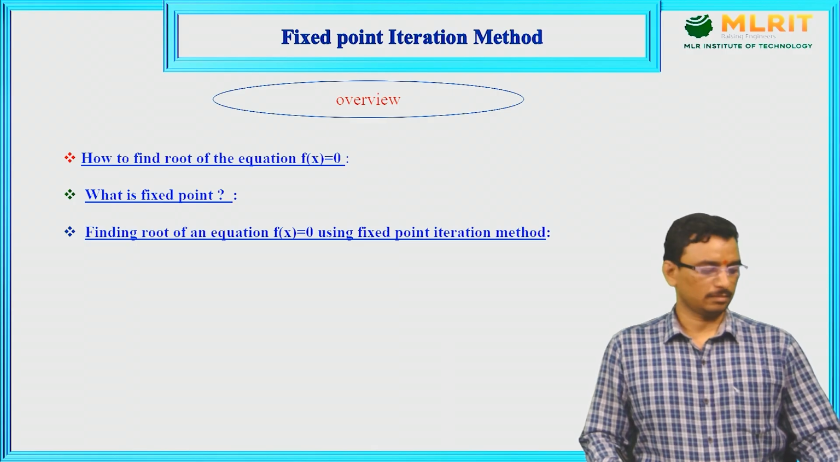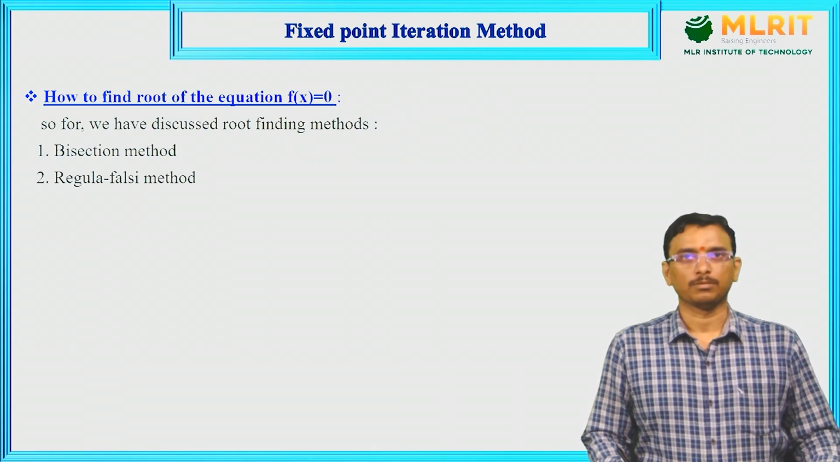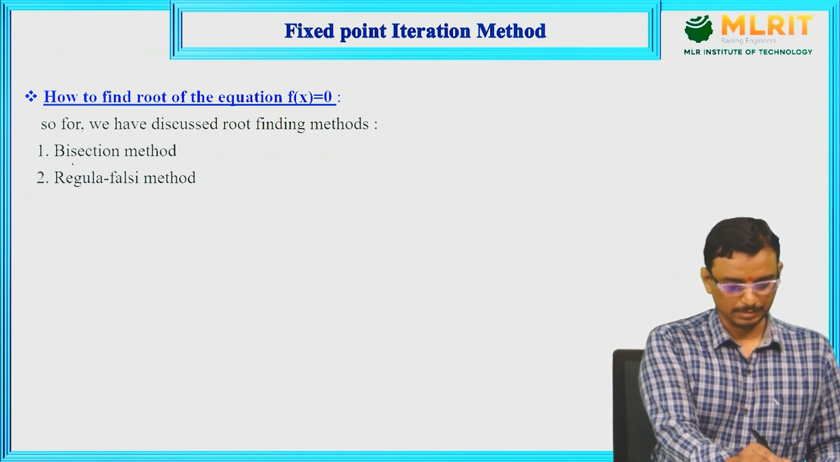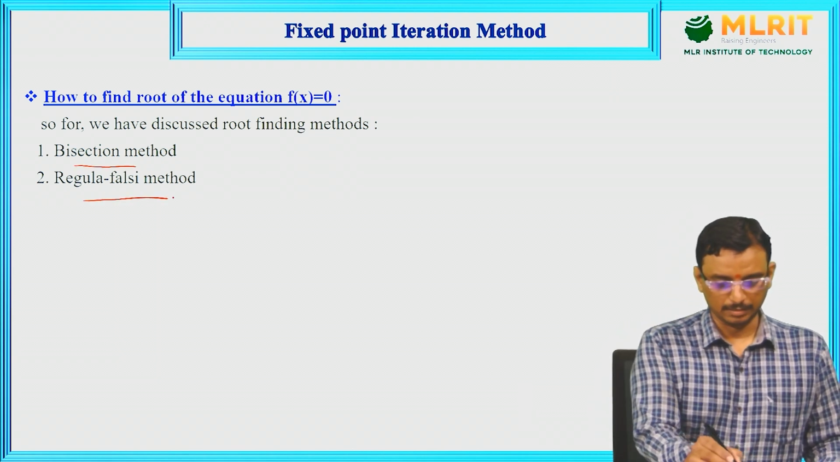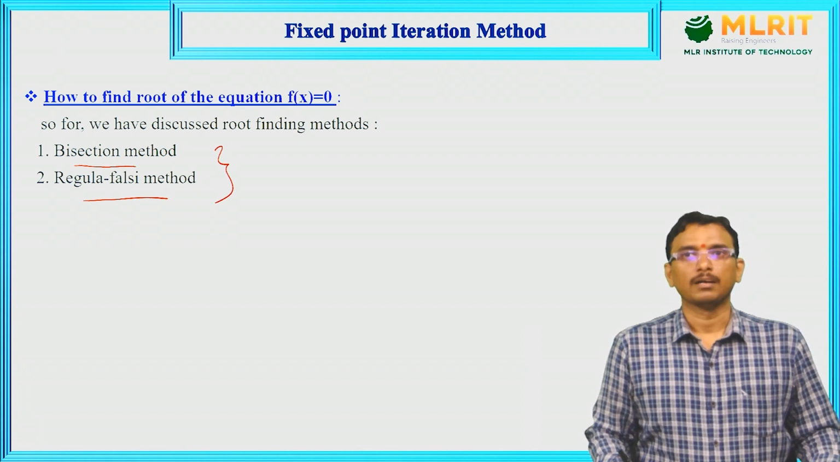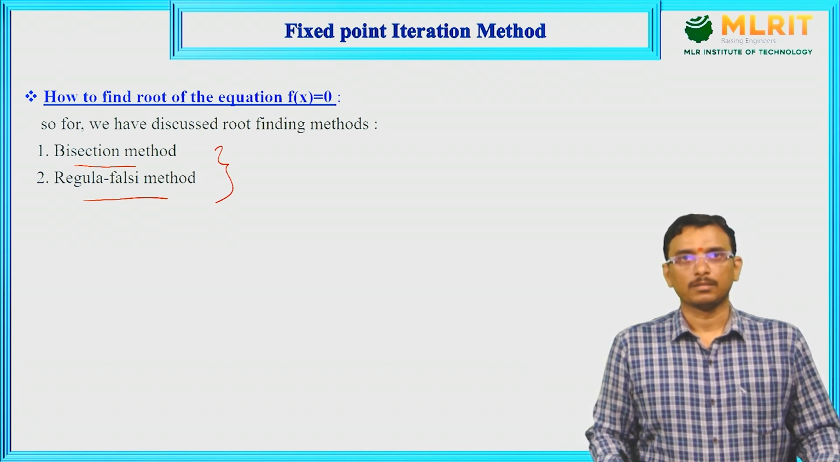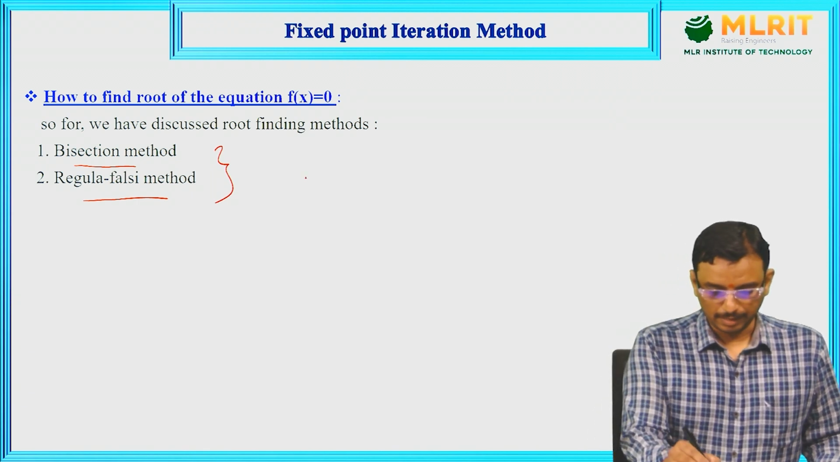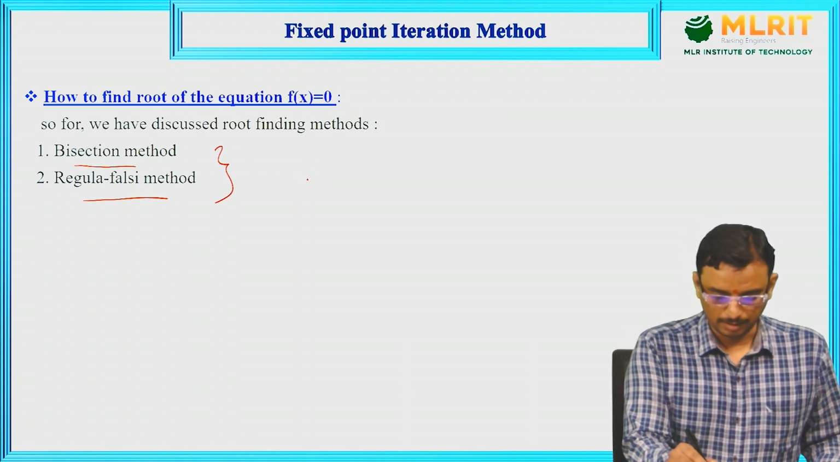So in the last class we discussed root finding methods: the bisection method and the regula falsi method. These two methods are used to find a root of an equation f(x) = 0. How to find the root, we have already discussed in the last sessions. So we find an interval (a, b),